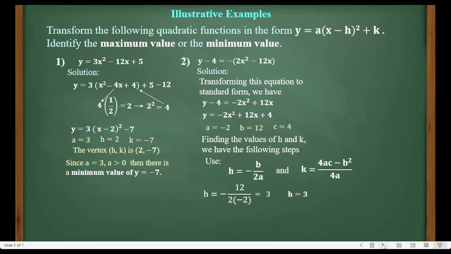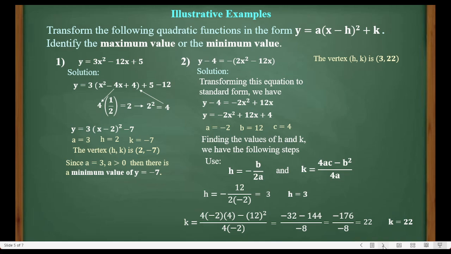Now, for K, we substitute the values of A, C, and B, and this is the resulting expression. So, applying the GEMDAS rule to simplify this expression, the value of K is what? The value of K is 22. Therefore, the vertex is at coordinates 3 and 22, which are the values of H